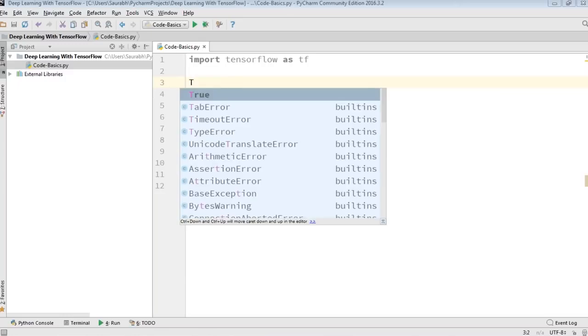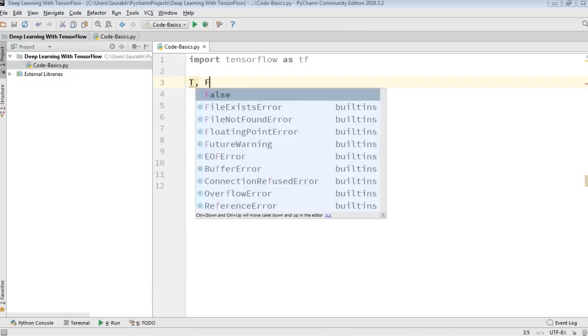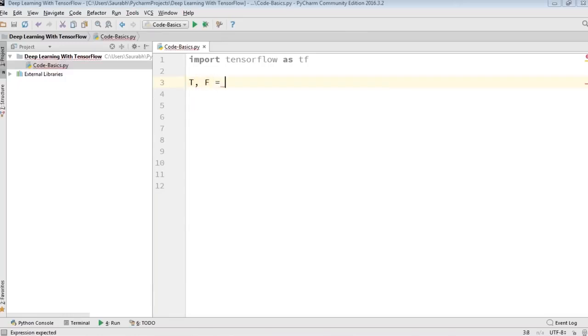So I'm going to type in here t comma f equal to 1 point comma -1 point. And bias will always be 1. So I'm going to type in here bias is equal to 1.0. And now I'm going to provide the training data. So for that, I'm going to type in train underscore in equal to,